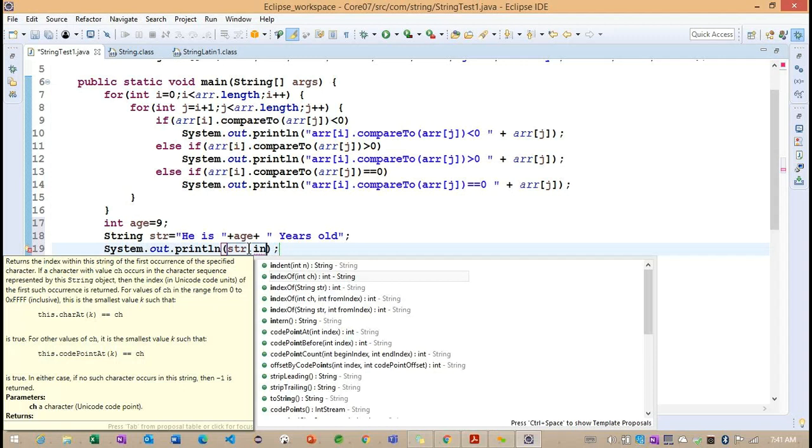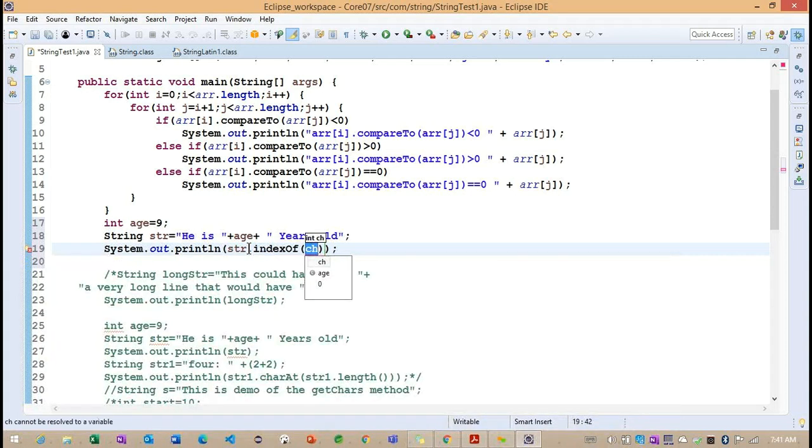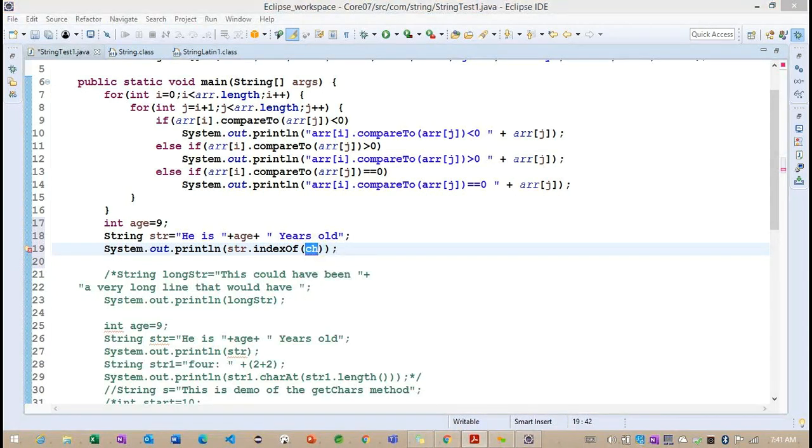Getting the point? So the indexOf method is trying to locate the particular character here, so we can understand the first index of the given character. Let's see how we can define this character here.